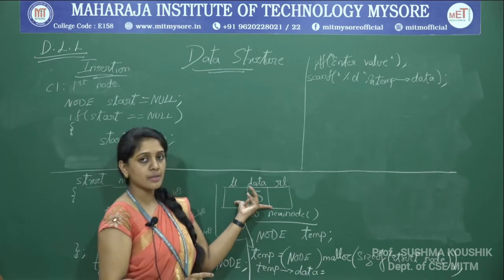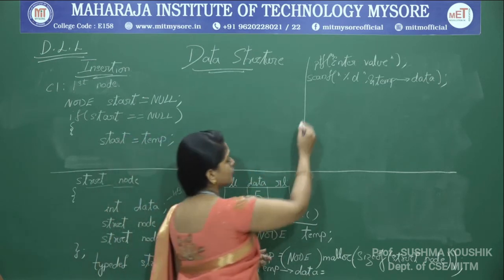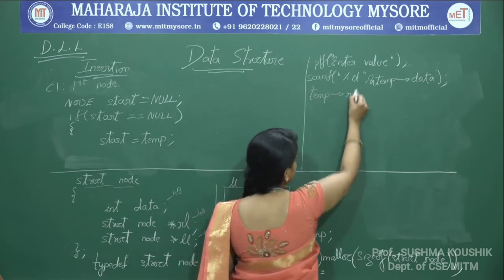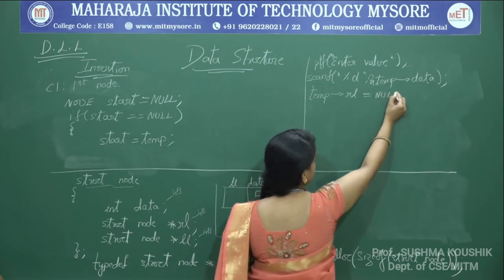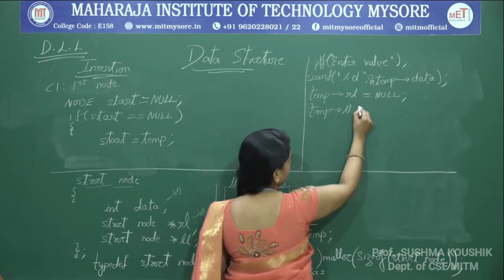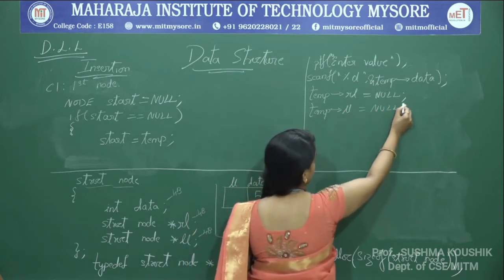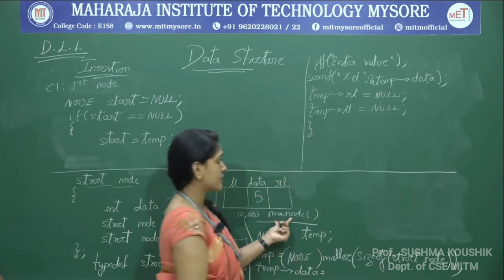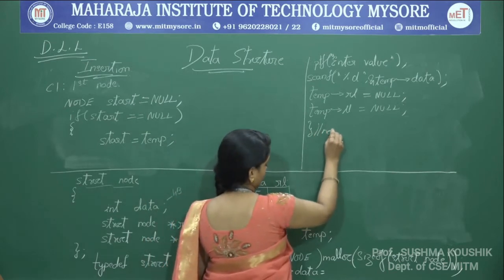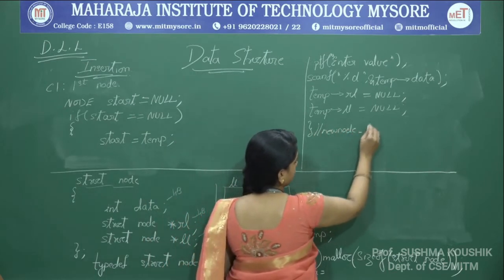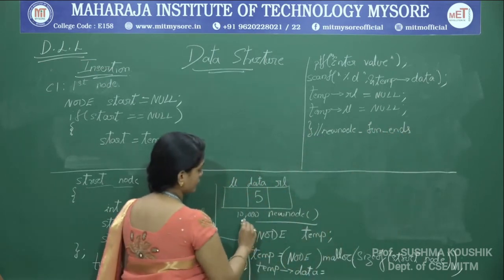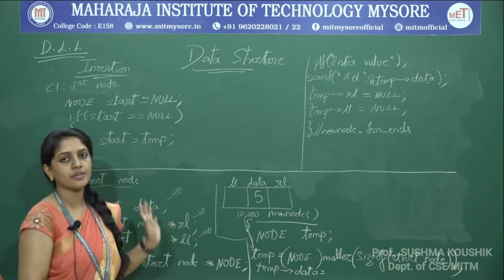What other two fields am I supposed to fill now? I am supposed to fill temp of RL, the right link, which right now is null for us, and temp of LL, which is also equal to null. So here is where the new node function ends for us. All these lines come under the new node function. Here it begins, and there it ends the new node function.